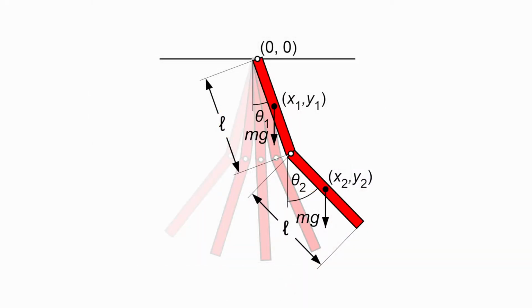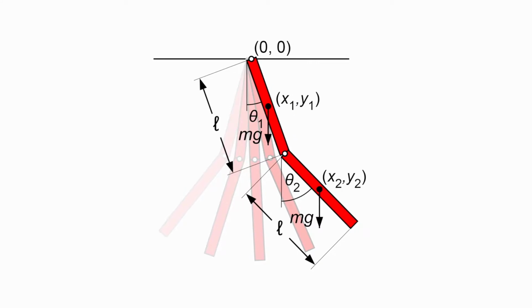Now when we look at this double pendulum in the red diagram, we'll see that the center of mass of each of those two arms are located at x1 and y1, x2 and y2, and along with theta 1 and theta 2 produce 6 variables to describe the motion of the chaotic pendulum. Here in the red diagram, also the length of both arms are equal to L, and the mass of both